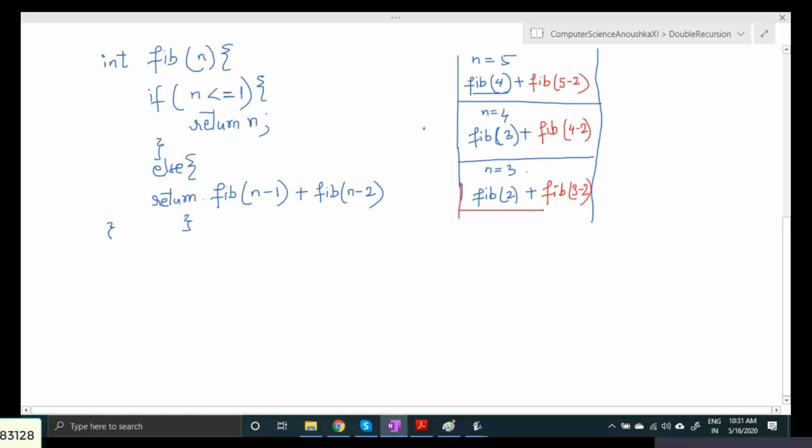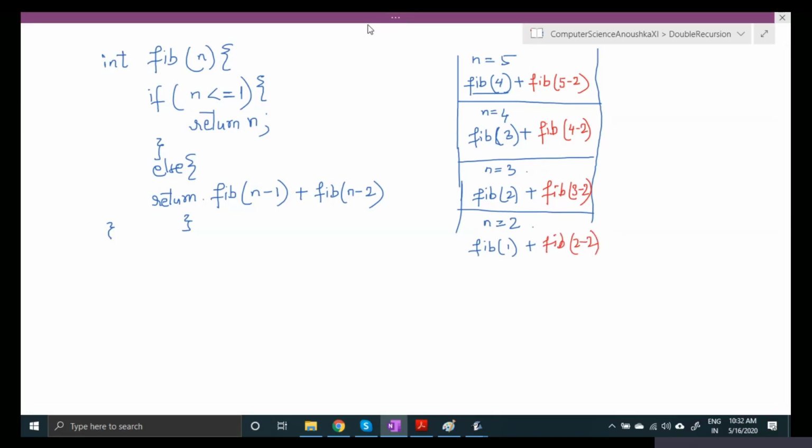Now I'm sorry, so n is 2. So Fibonacci of 1 plus Fibonacci of 2 minus 2. Okay.